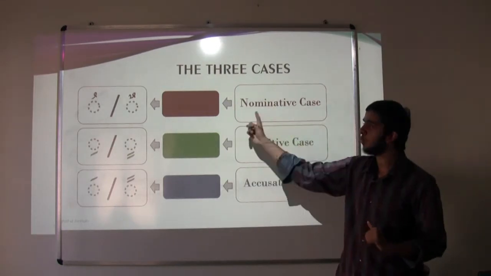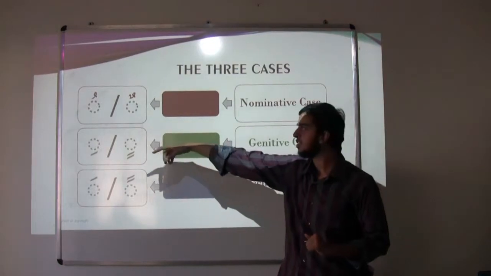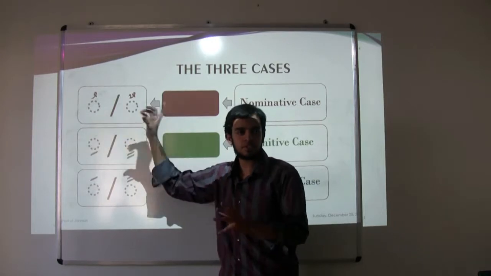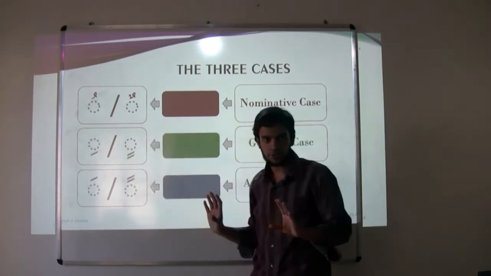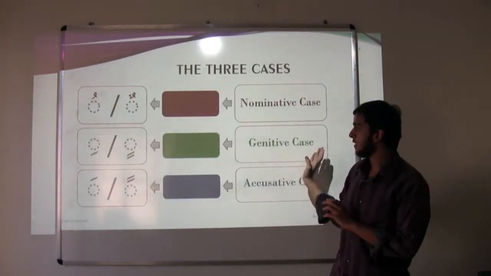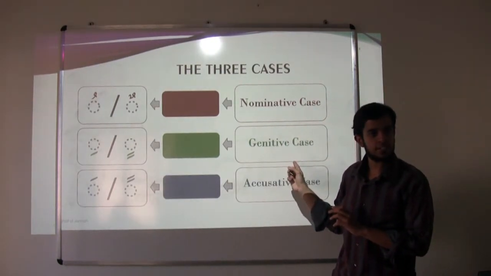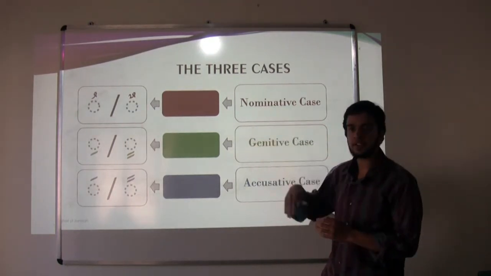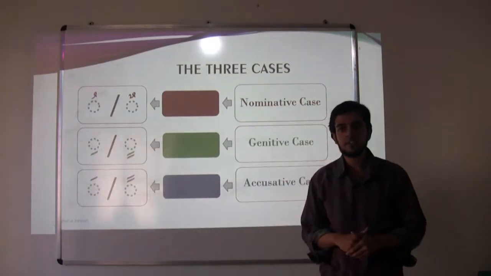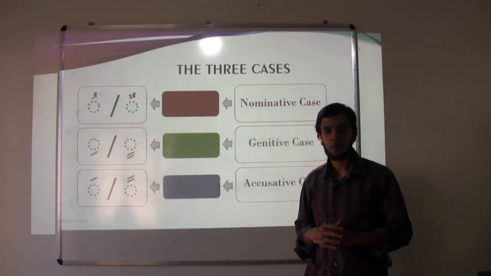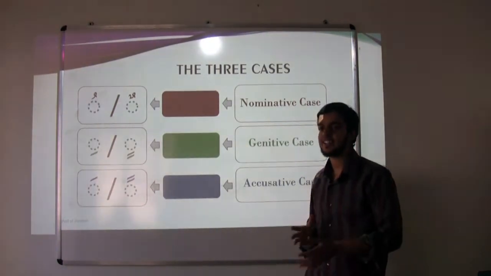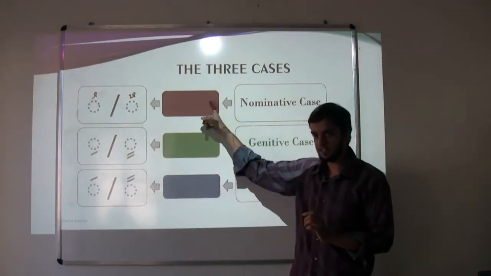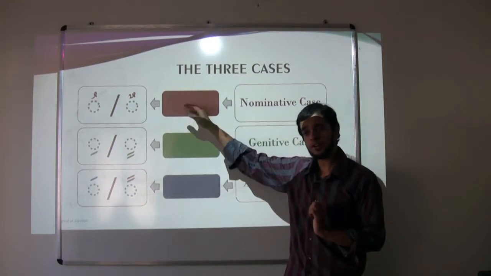The three cases. Nominative case, in red: the noun ends with double dhamma or single dhamma, based on the presence of al. Now, genitive case, we have learned this as well. When does it go from nominative case to genitive case, from red to green? Can anyone tell me? Exactly. If any of the prepositions come before the noun in nominative case, the color changes from red to green.